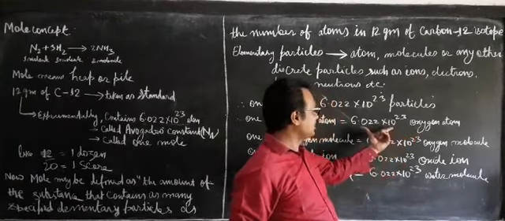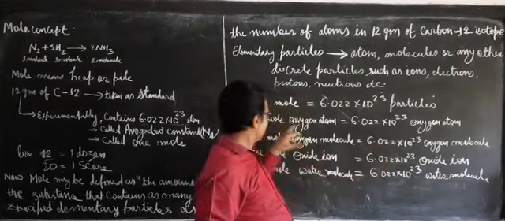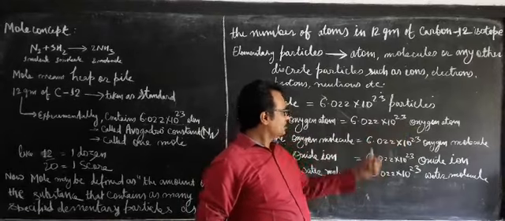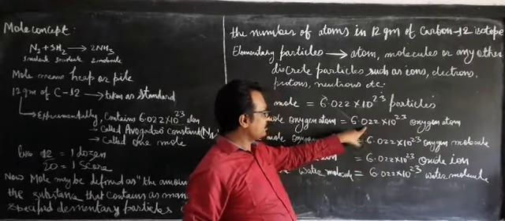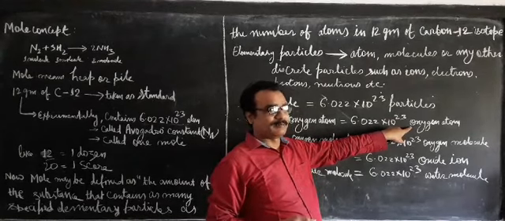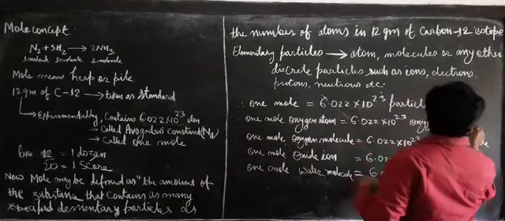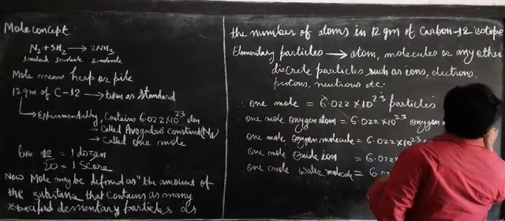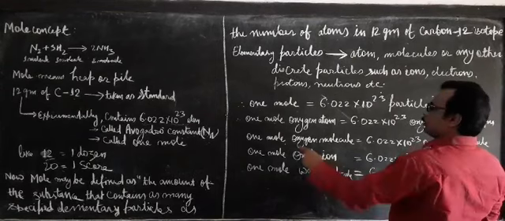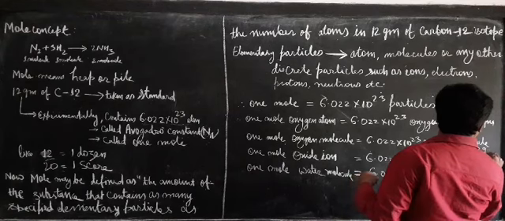If you take the mass of this number, then it will be the atomic mass or molecular mass. 1 mole of oxygen atom equals this much oxygen atoms. So if you take the mass of this much number of oxygen atoms, it will be called 1 mole of atoms. What would be the mass of this 1 mole of oxygen atoms? It will be 16 gram or AMU. Now 1 mole of oxygen molecule, what would it be? It would be 32 gram.